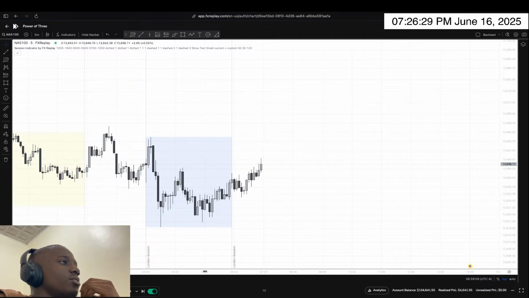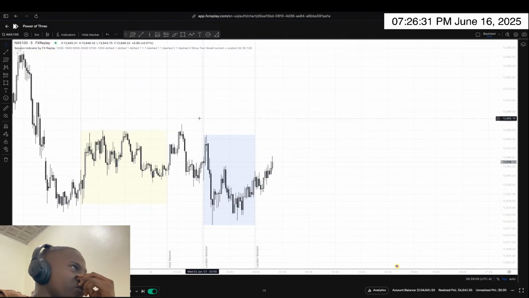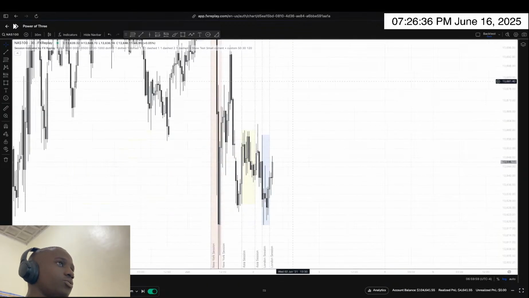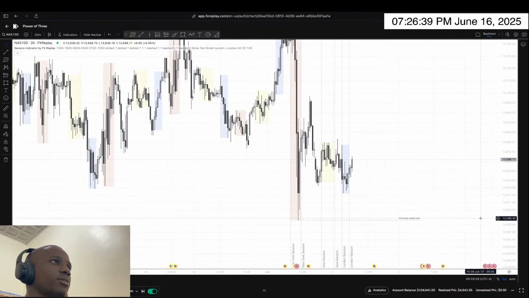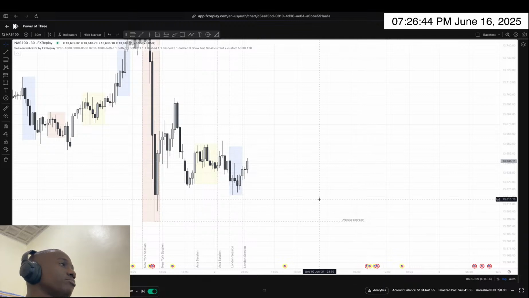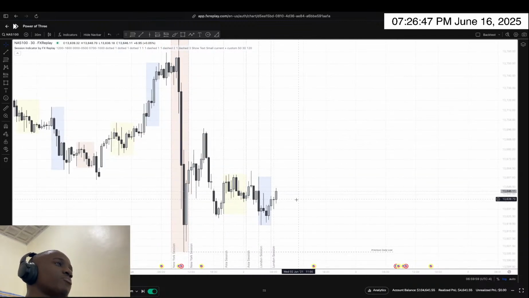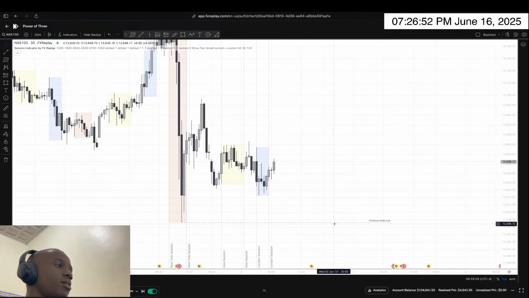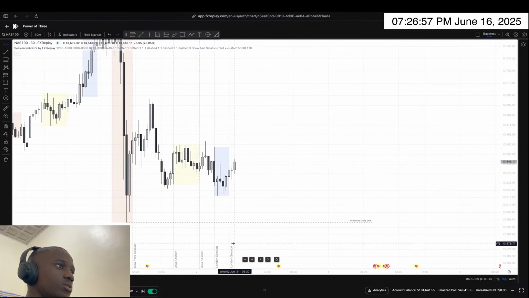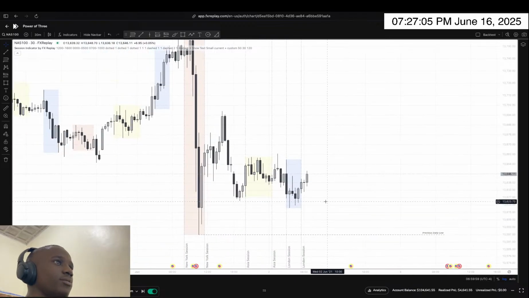So London has just ended. You can see we have other draws of liquidity as well. This high and the London lows. And as the day progresses on, I would like to show how the 15-minute looks like. And so we also have bigger draws on liquidity like this previous day low, which means it's possible for the market to drop and continue until it takes out the previous daily low. And considering that today we have some news, but it's in the PM session, and it's not also high impact, so it's not really that big.